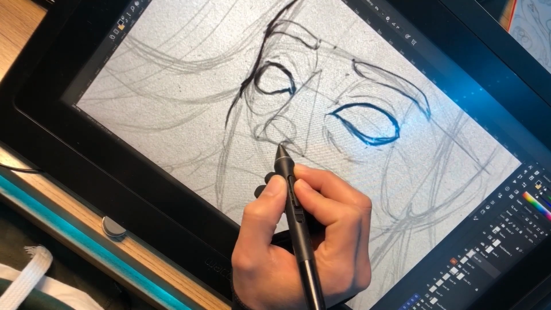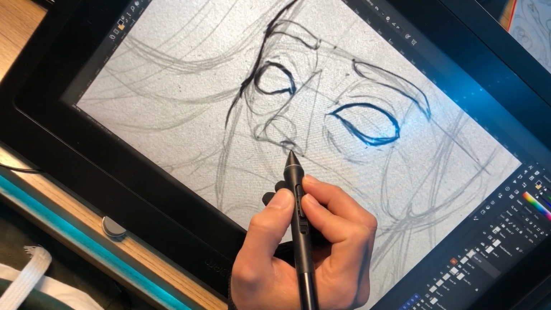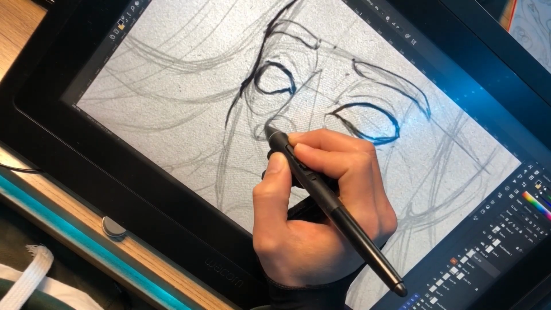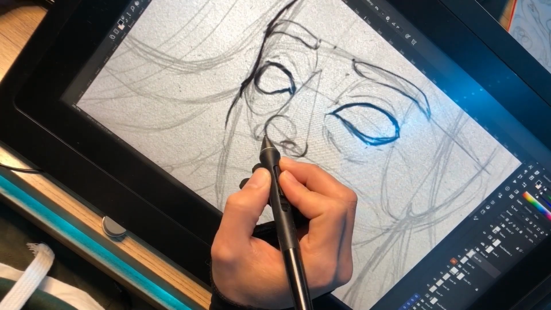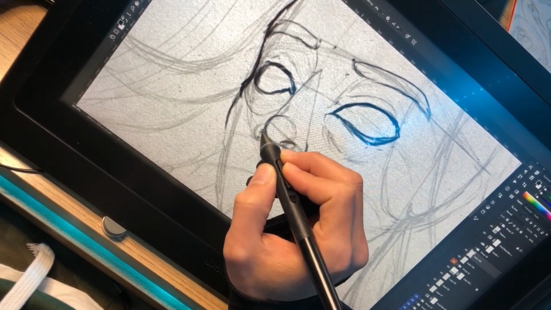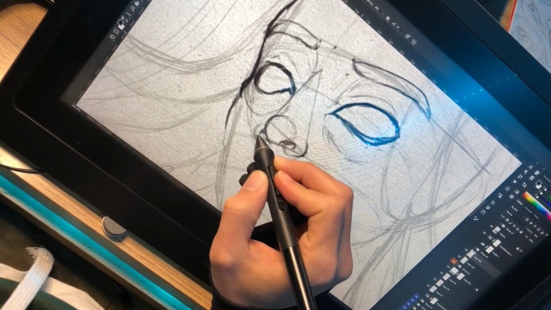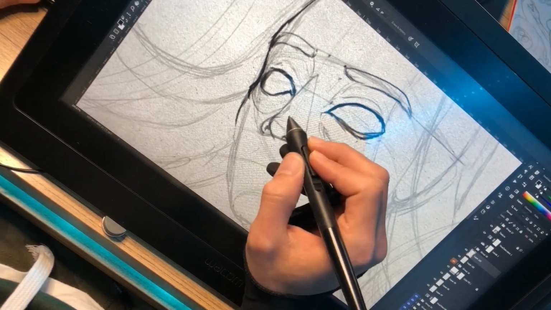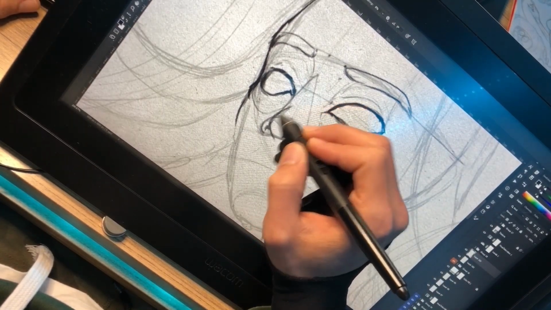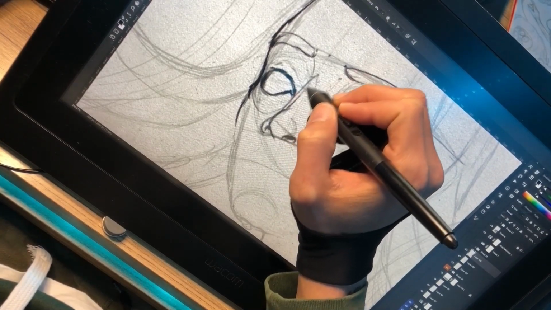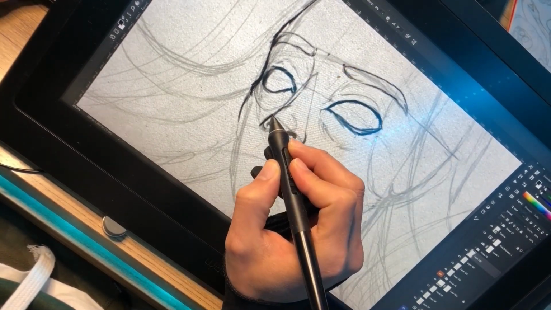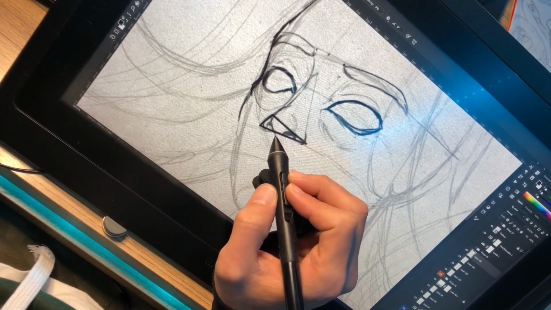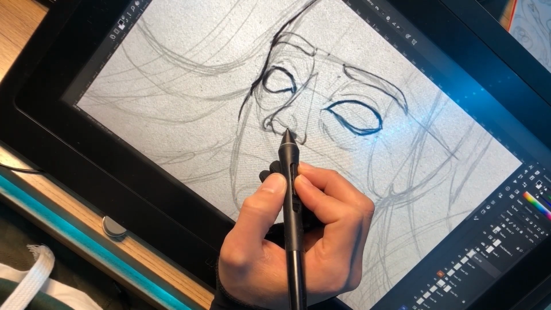Then create the hole with a simple curve on one side, the other side of the nose. Highlight this part, follow the shape of the circle, then draw the other hole, something like this, then this part. Let's make it bigger, something like this, and then connect to the eyebrow. As we have the bottom surface, we know that this part receives shadow. So we can draw the silhouette of the nose